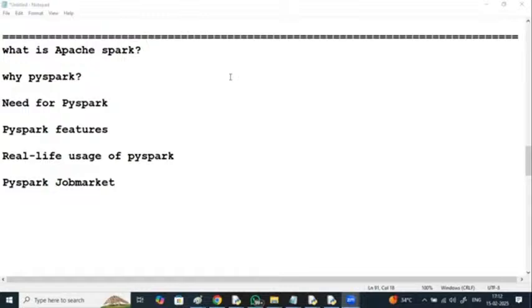Yes. See, we say why PySpark today? Why it is the Python API. PySpark is the Python API to use Spark. Spark is an open source cluster computing framework used for big data solutions. You can say PySpark is the lightning fast technology that is designed for fast computation. It's a very demanding tool among the data engineers to work with bigger data sets.